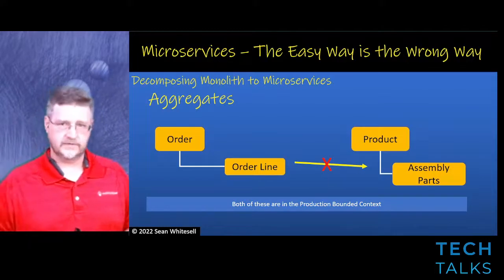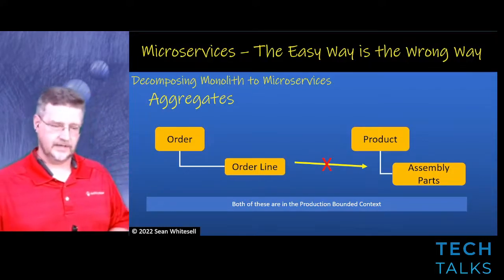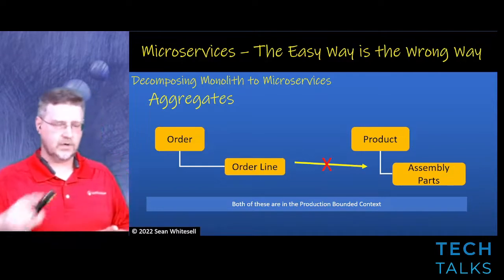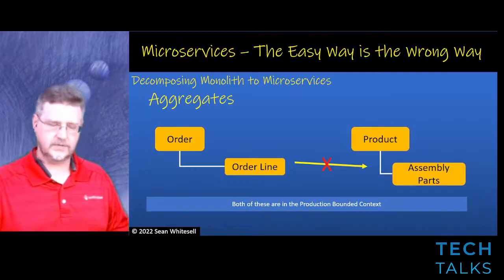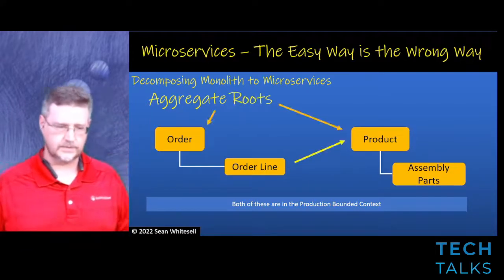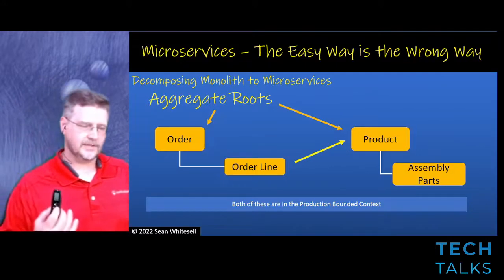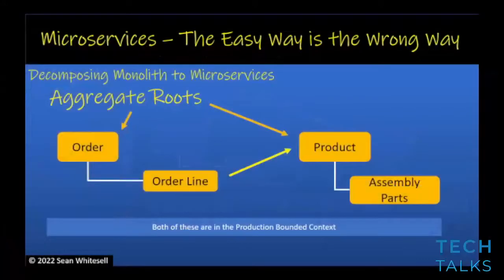One of the rules with domain-driven design is that the order line class is not allowed to call functionality in another class unless it goes through what is called the aggregate root. And since a product is that top layer class of the assembly parts, it is that aggregate root. The purpose here is that if the order line was allowed to call and change details in the assembly parts class, then the product aggregate root could not help maintain data integrity.